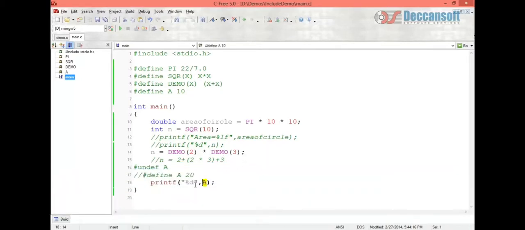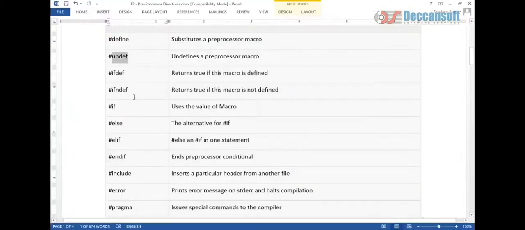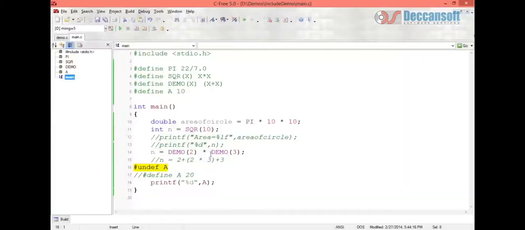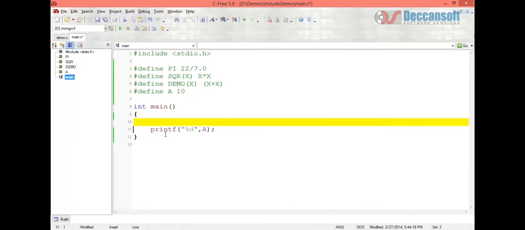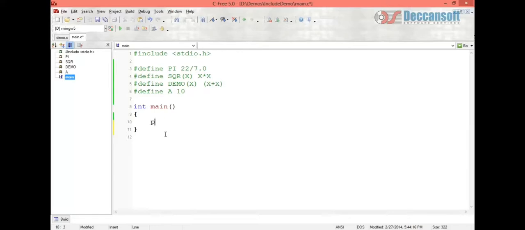So now let's write ourselves, taking some macro values. We also can use #error. Here #ifdef returns true if the macro is defined. That one part is conditional compilation. Now let's see how the conditional compilation macros work.